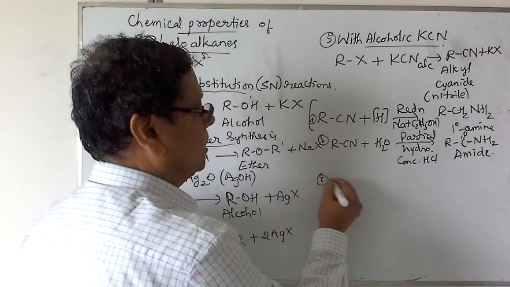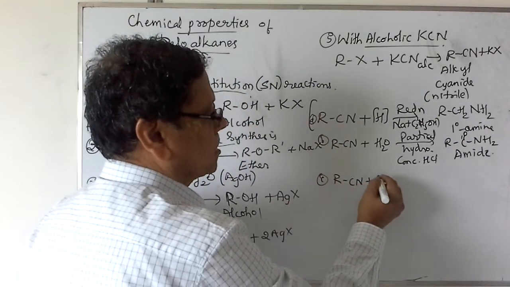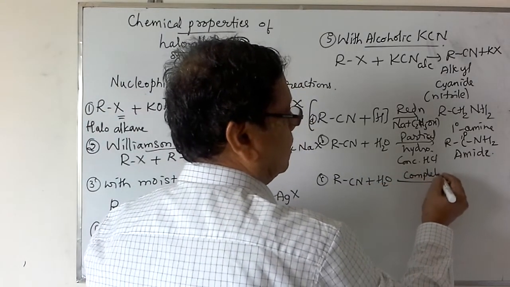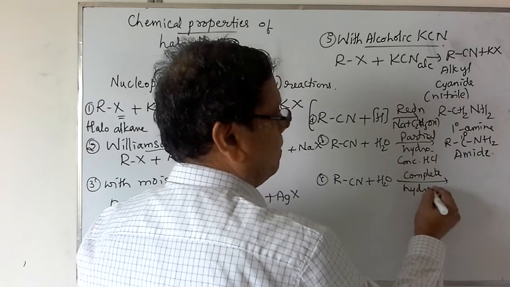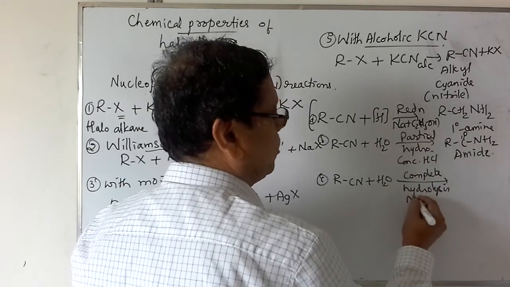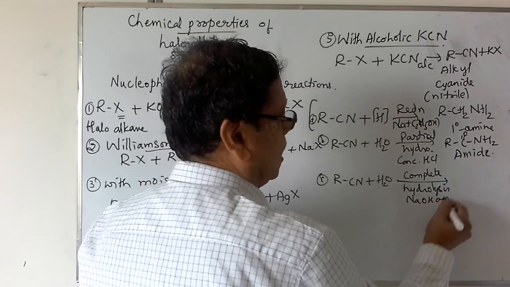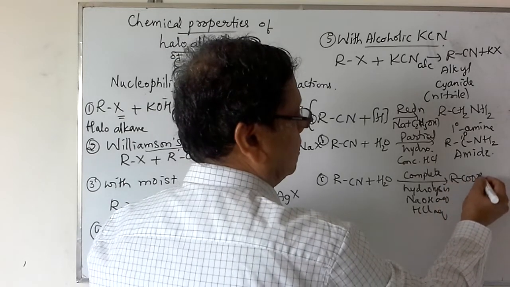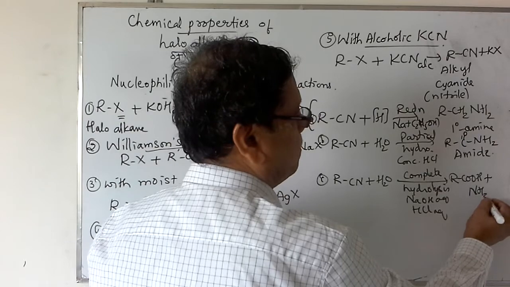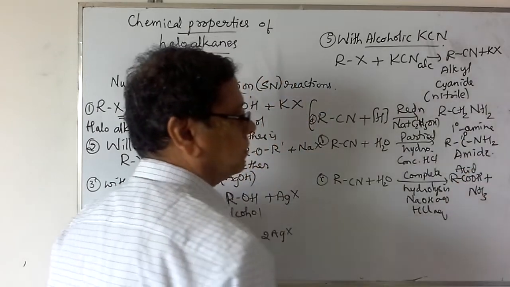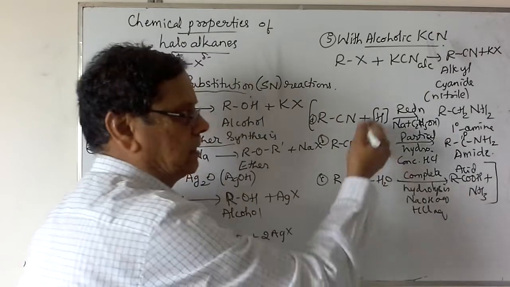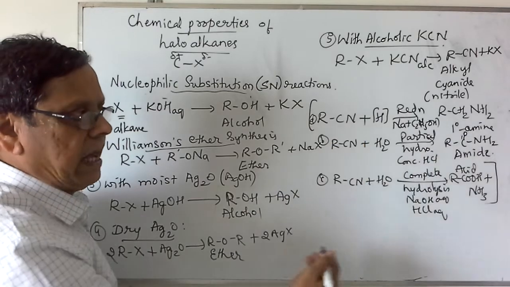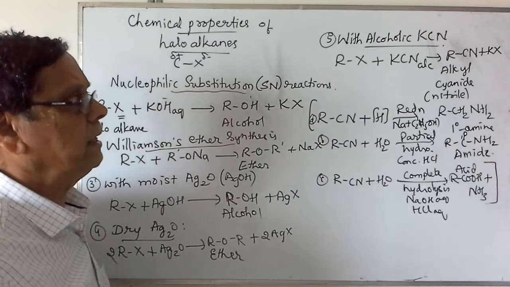But when you consider this alkyl cyanide and subject it to complete hydrolysis, this can be done by using either sodium hydroxide solution or HCl solution, we get RCOOH along with the formation of ammonia. This is an acid. So these are the various other reactions. From alkyl halide we can go for the preparation of the primary amine, acid amide or carboxylic acid, etc.